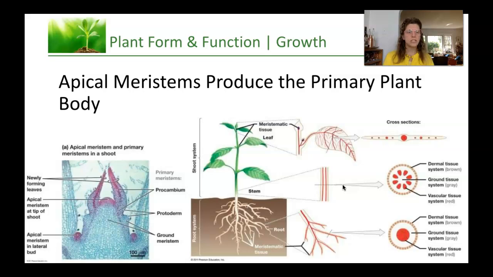Here are just some images of that, but it's cool to think about a cross-section of those things and how it would look if you're looking at a cross-section of a plant. Here you can see that we have dermal tissue on the outside, ground tissue in the inside, and here we have the vascular tissue in a sort of sun-like pattern. And then if we're in the root, we'll have dermal tissue once again on the outside, ground tissue is going to be right here, and then we're going to have a sort of solid vascular tissue for transport of